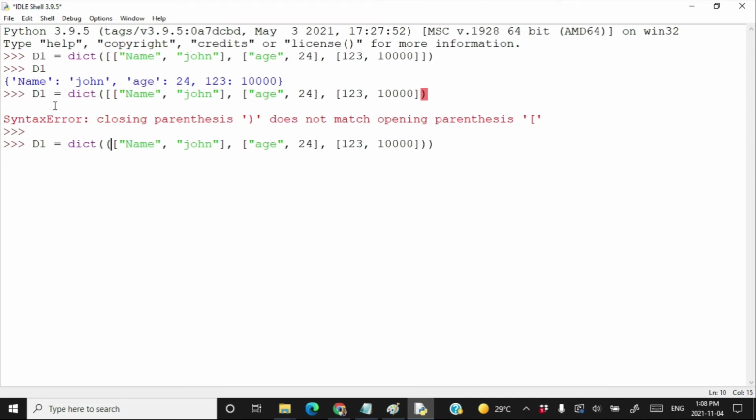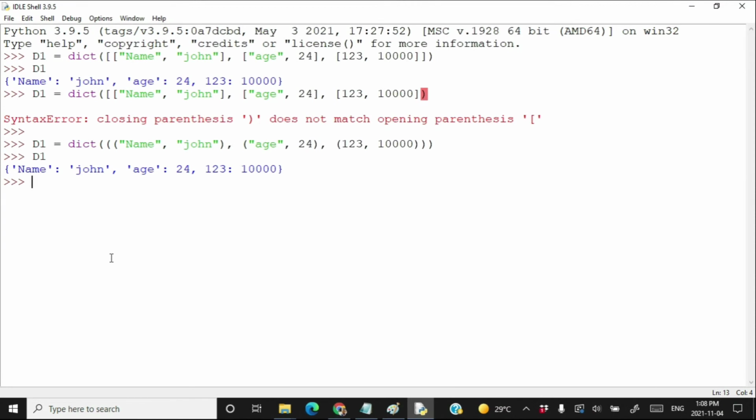This is the most enclosing tuple. Inside the most enclosing tuple, I have three more tuples: one tuple, second tuple, and third tuple. Press enter, type D1, and I created a dictionary.